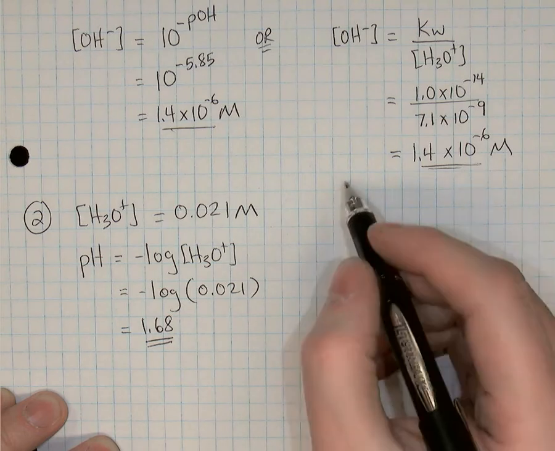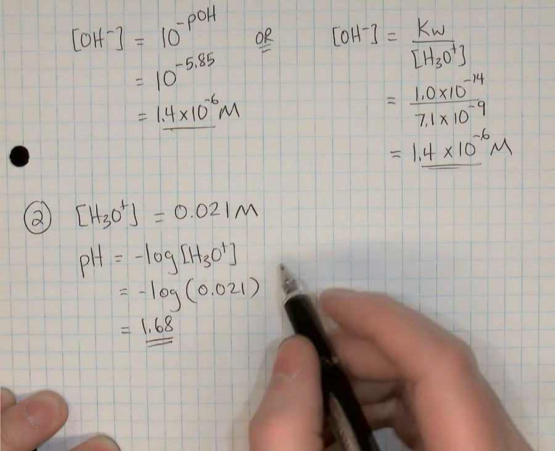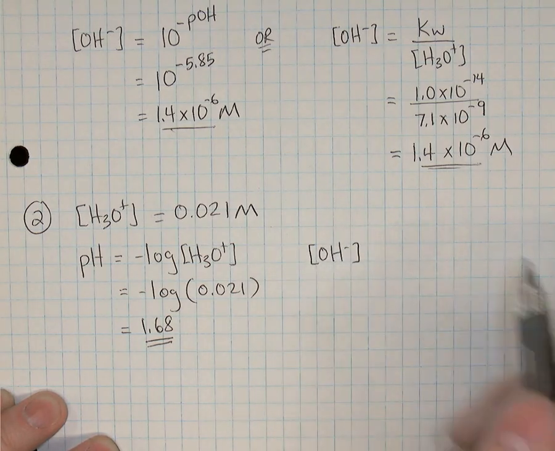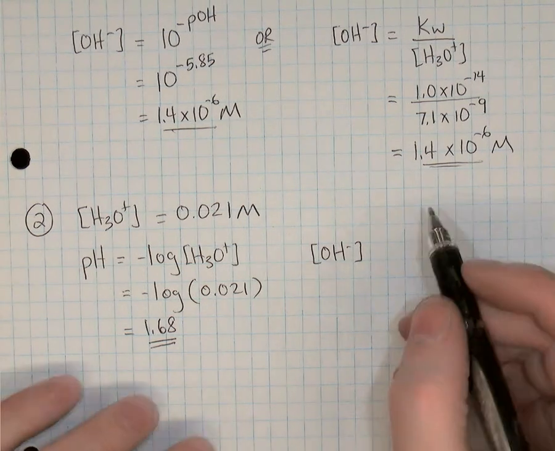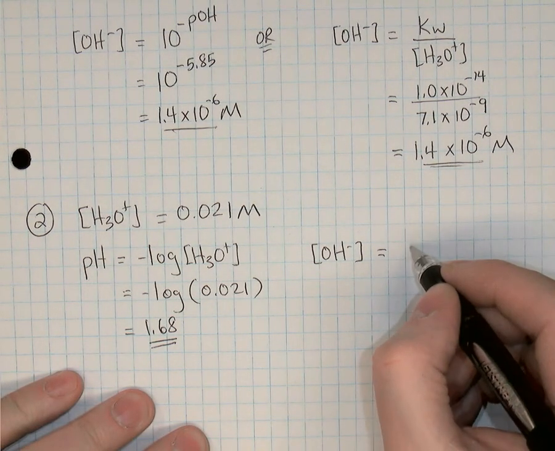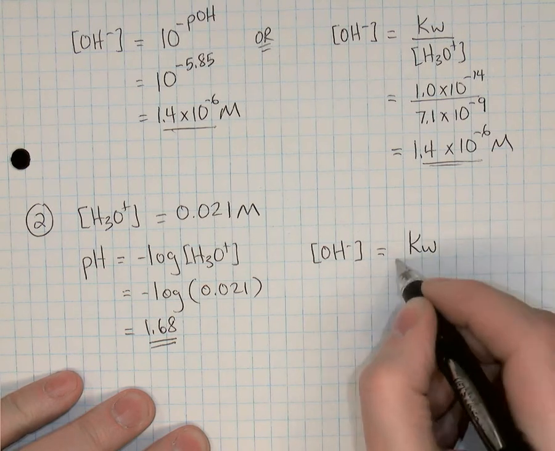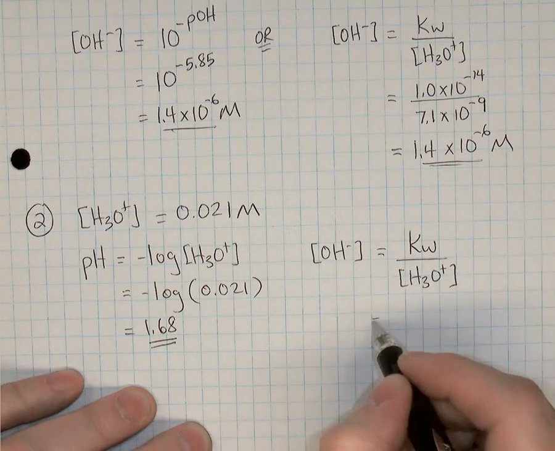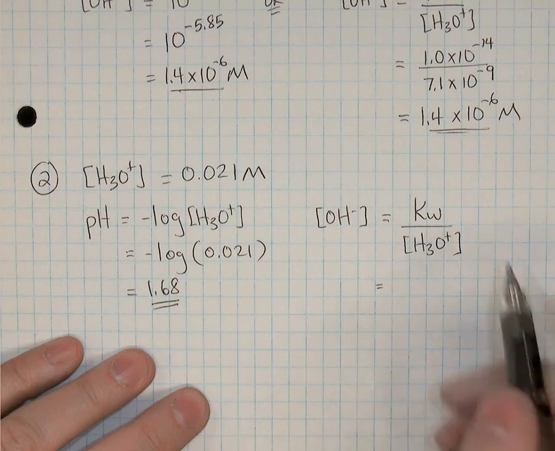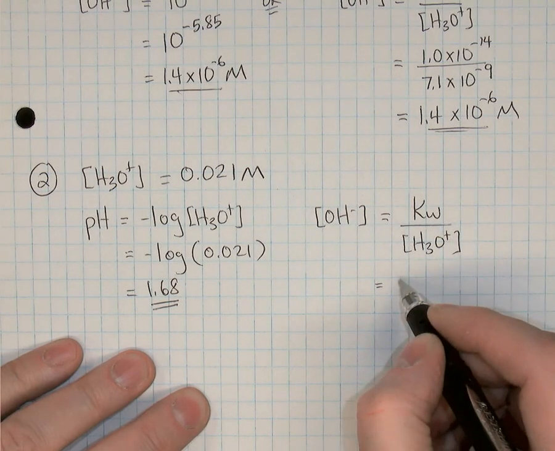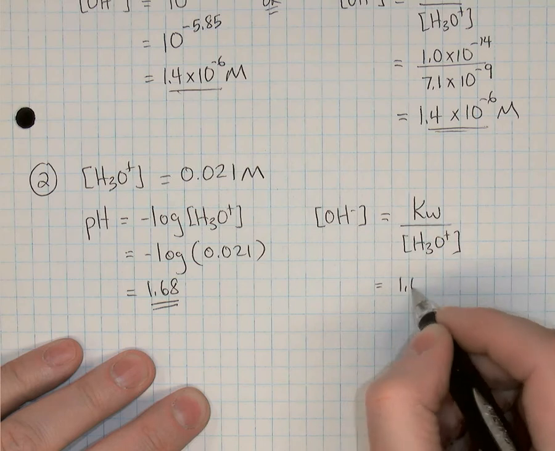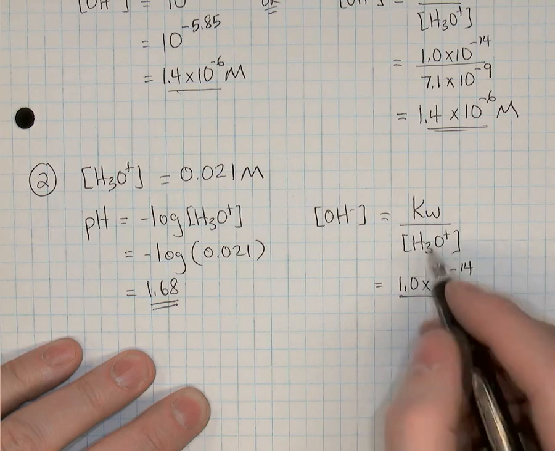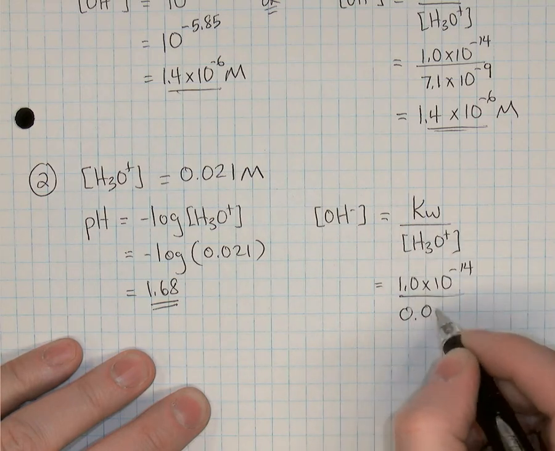Now I said the other thing you could have calculated if you knew the hydronium, you could have calculated the hydroxide ion concentration right away because we have the Kw expression. Rearranging the Kw expression, the hydroxide will equal the Kw divided by the hydronium. Equals, again, we assume we're at 25 degrees Celsius. That's the temperature we'll always be using. So 1.0 times 10 to the minus 14 divided by the hydronium concentration of 0.021